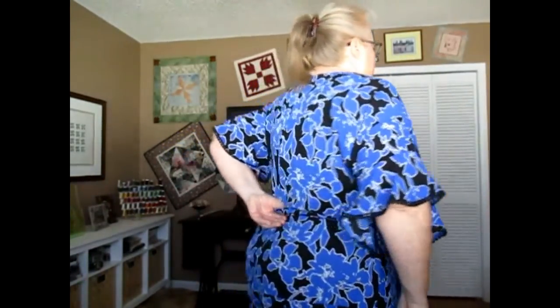I really liked it in the 20 because it fit everywhere except the abdomen had a little bit of a pull. This one, I had to take the tag out and make sure they only sized it up one size, but it's got the pretty sleeves. It's also a wrap. It doesn't even need that because the print is so busy, and with the sleeves and the tie and everything, it's really a bit much. But I really liked it in my last box. I think the 20 actually fit better, but the 20 wasn't doable, so this one is just, see how